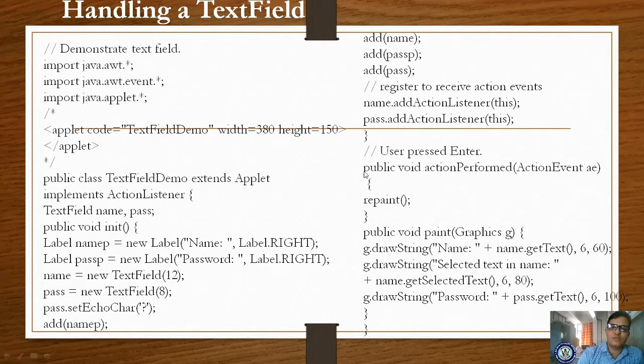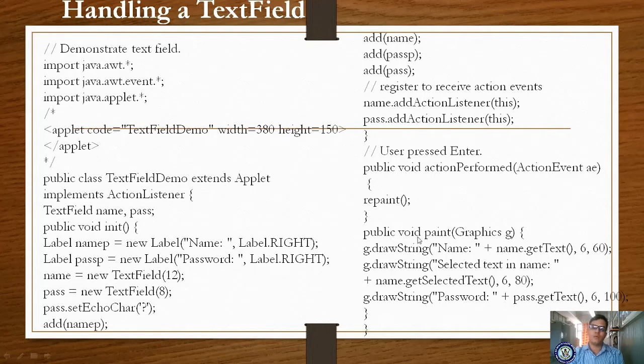In the same sense, if you use the password, after entering the password and clicking the enter button, some event has to generate. It will generate according to the code we have developed. To generate that event, we are writing public void action performed method, because of action listeners, right? Public void action performed, ActionEvent ae, repaint method. Repaint method means you are redisplaying.